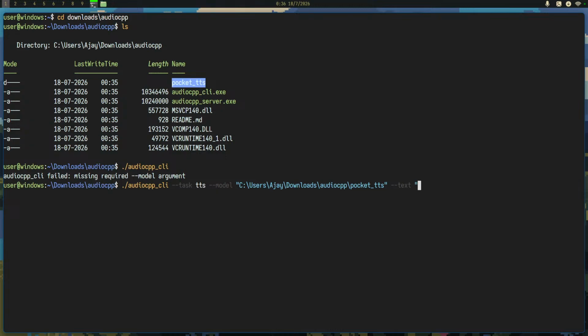So let's just say TTS, and we need a wave file. And we need the voice to be changed.